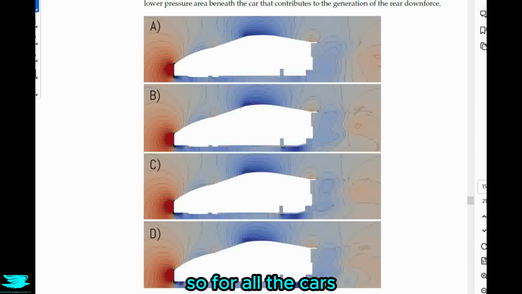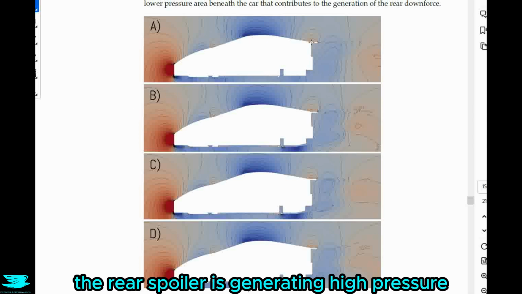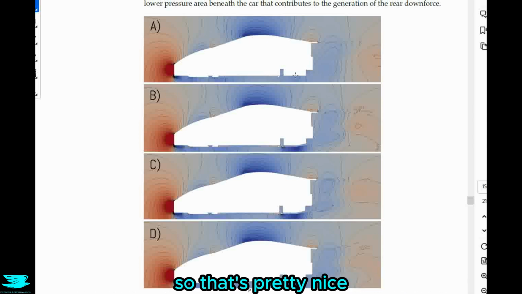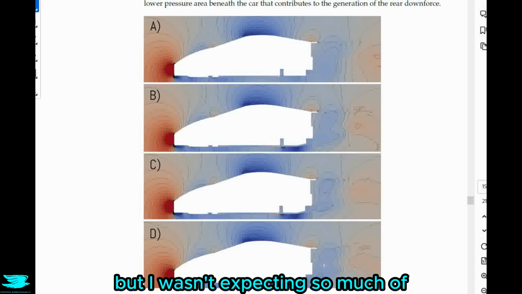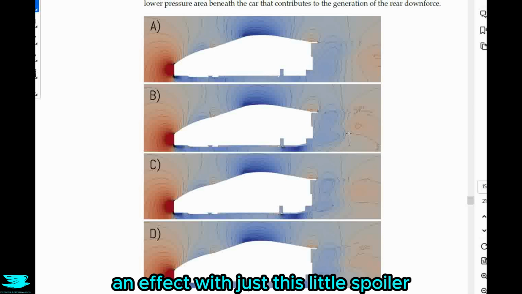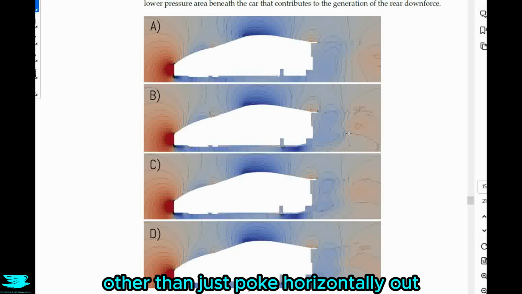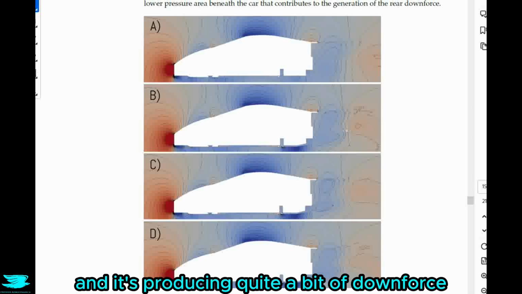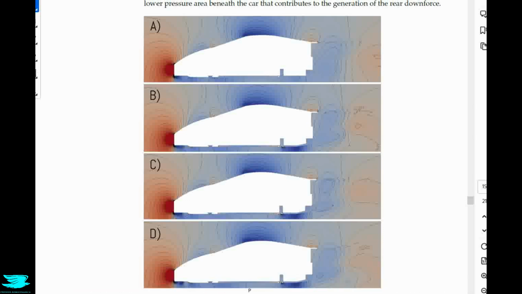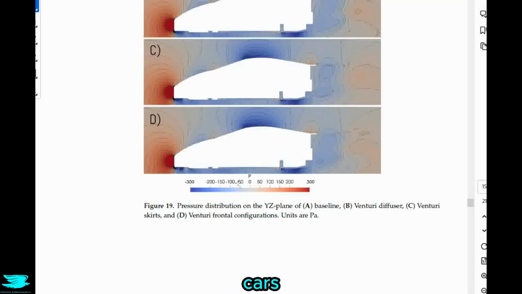So for all the cars, the rear spoiler is generating high pressure, which also increases the downforce. So that's pretty nice. I wasn't expecting so much of an effect with just this little spoiler, which doesn't really do much other than poke horizontally out, but it is there and it's producing quite a bit of downforce. So that's pretty good. So looking underneath the cars in figure 20,